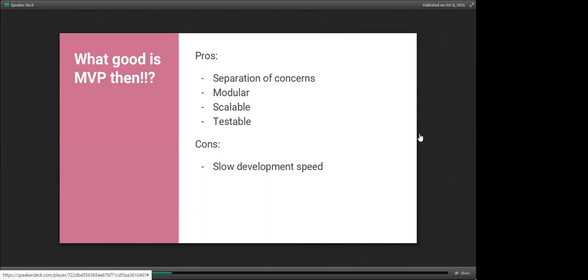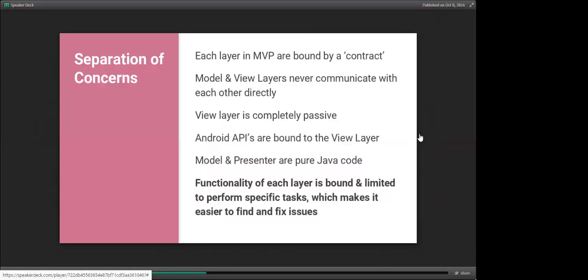We'll talk about this in the next slide. And the con is that the development speed is definitely reduced a little bit because you have to maintain the whole architecture itself. But the pros cover up for the cons here. So what do we mean when we say separation of concerns? By separation of concerns, we mean that each MVP layer